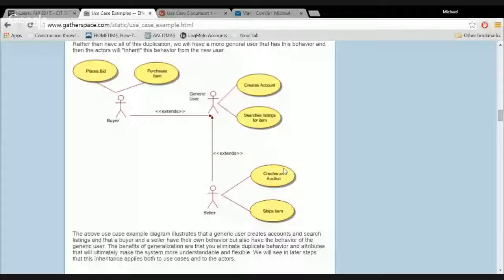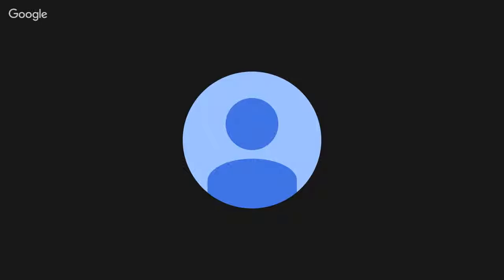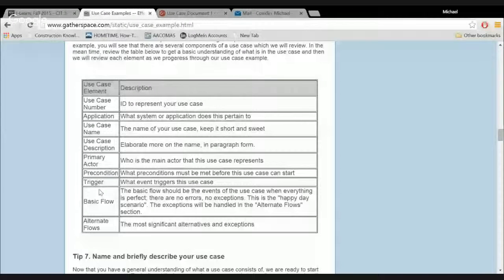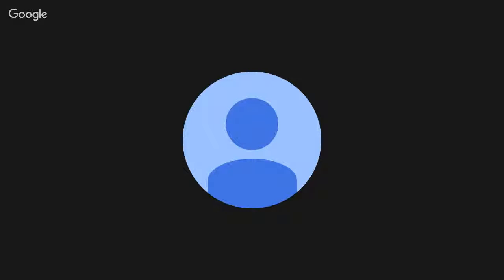So when we're just writing up a use case document, here's a good example I found online where you will define each element of your use case that you want to write about and to more clearly define. So when we display it, it just comes out as this one word or one little blurb: ships item, creates an auction. But in the actual use case description, you can have multiple things describing it more in depth,